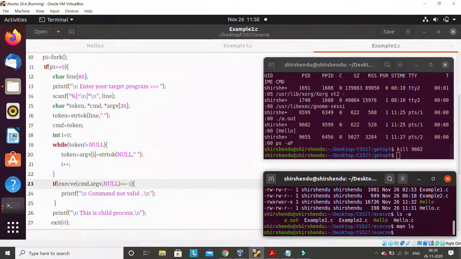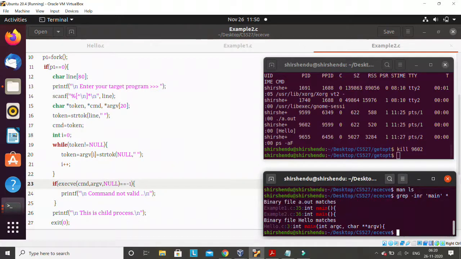Now if I go for another one, for example the grep command that I have shown you, grep -inr, and if I want to search main, and then I say star, then it is showing the word main in all the files in this folder and its subfolders, right? And if I change inr to write r and i, do you think the output will change? See, the output is same. So it means that you just need to pass these options, r, n, and i. R has a meaning, n has a meaning, i has a meaning, but the ordering is not important.